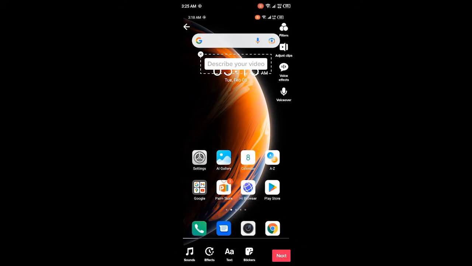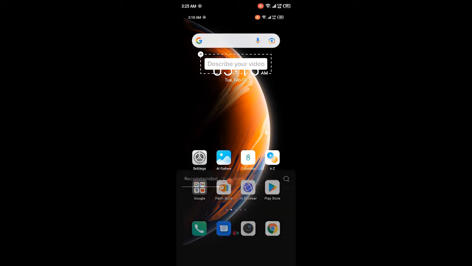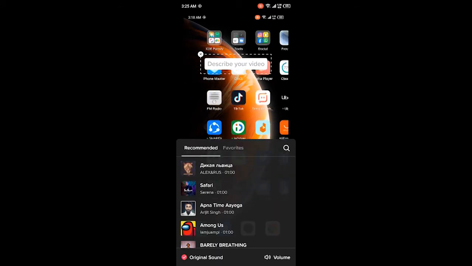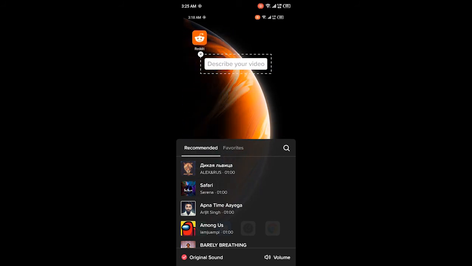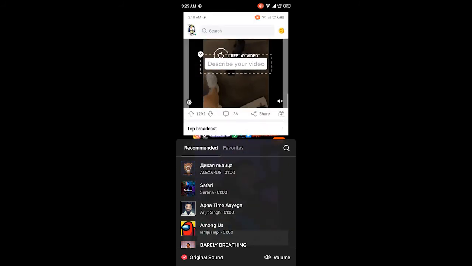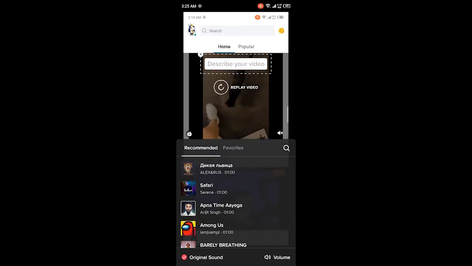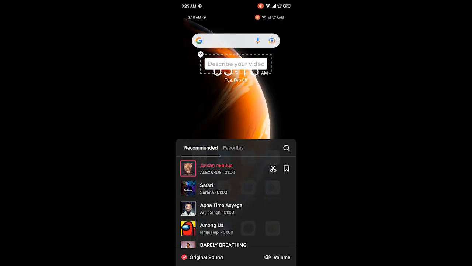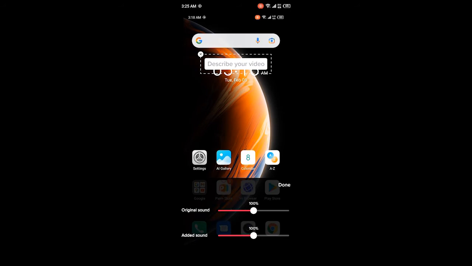Then you need to go back and click on sound and search here for the first one that is trending now, memory, and then you need to click on volume and set original sound to 200 and edit volume to 50,